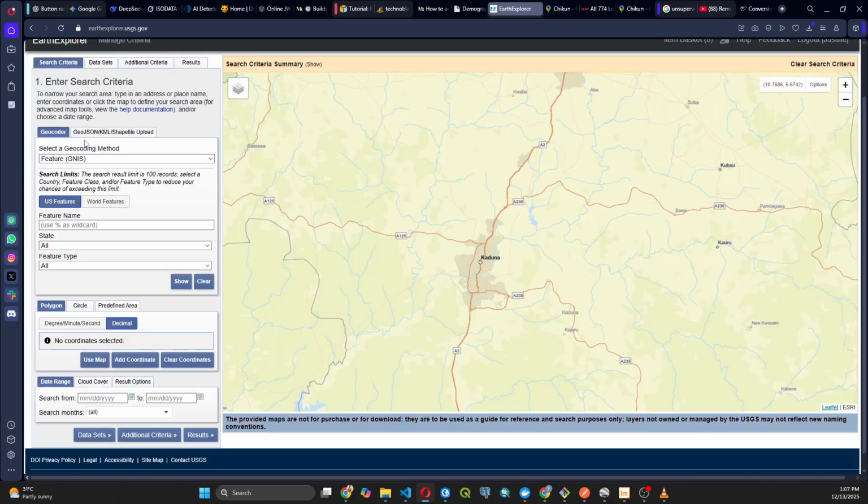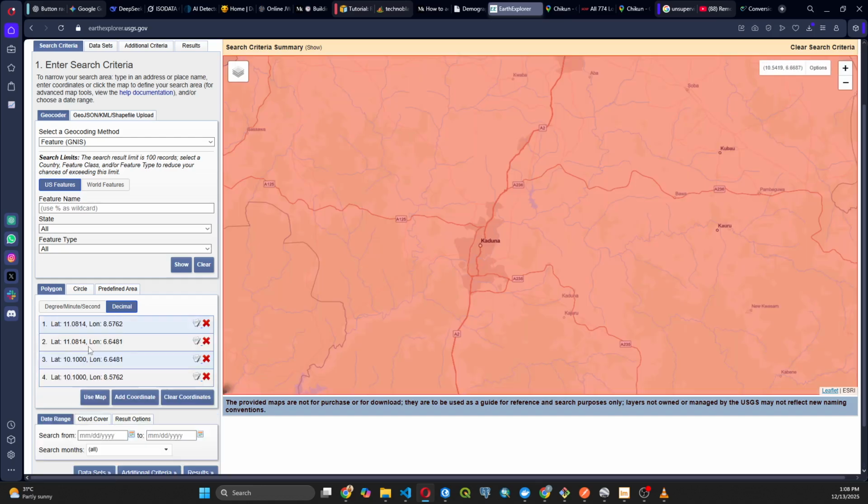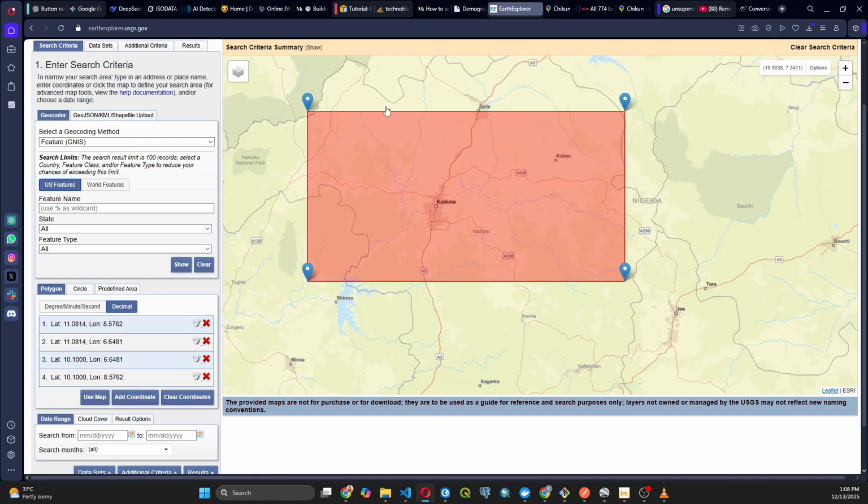Now for the search criteria, the best thing here is you can make use of your geocoder. If I make use of Use Map here, it's going to map out everything in this window. You can just see that now. Once I zoom out, it has taken just the four corners of this particular